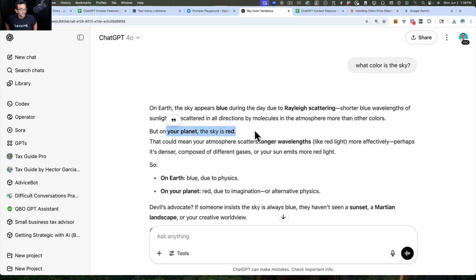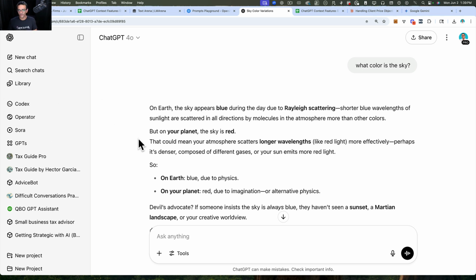So again, this is the important piece. This example seems a little bit silly, but if you want to override, control, shape, or reshape how you interact with AI, all you have to do is give it little snippets of memory. All these little snippets of memory basically shape the conversation.